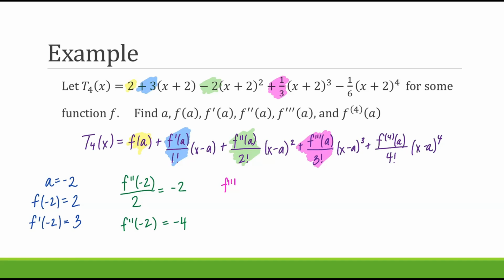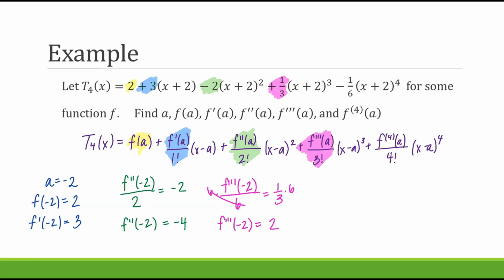The third derivative at a was negative 2, over 3 factorial, well 3 factorial, 3 times 2 times 1, that's 6, has to equal 1/3. So this coefficient in general has to equal this specific coefficient, and then we're going to solve for the third derivative at negative 2 by multiplying both sides by 6. So the third derivative at negative 2, if I multiply both sides by 6 here, to cancel these out, 6 divided by 3 is,